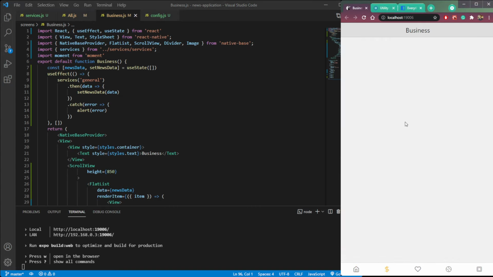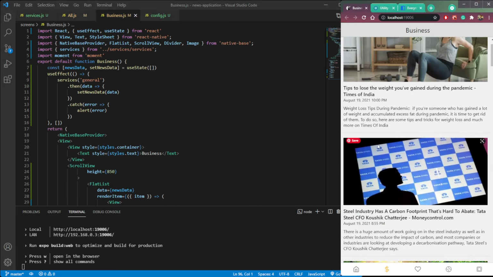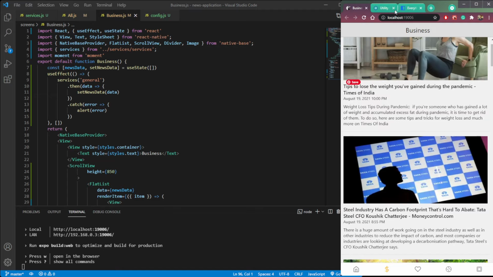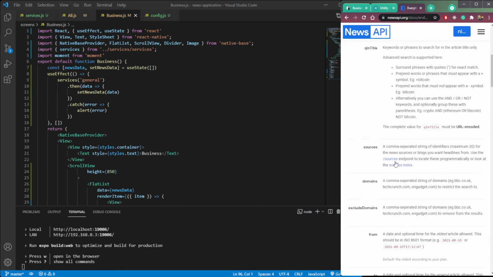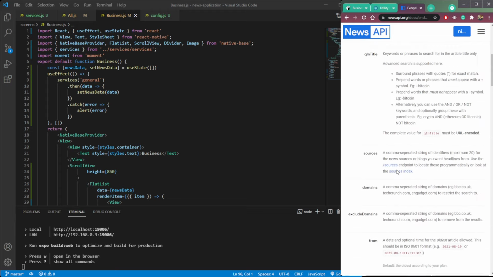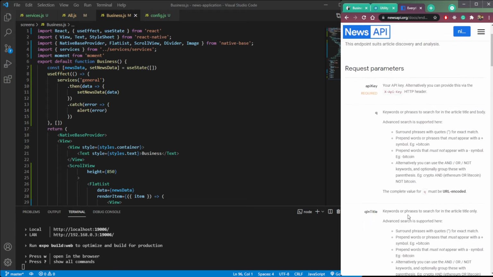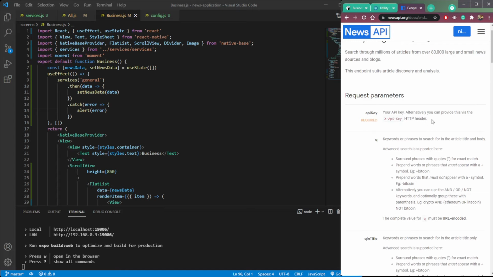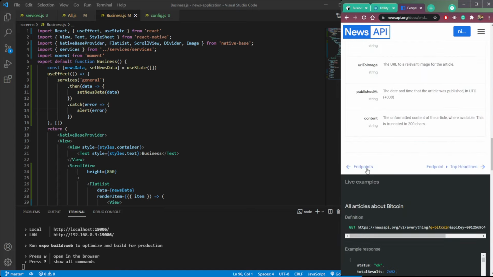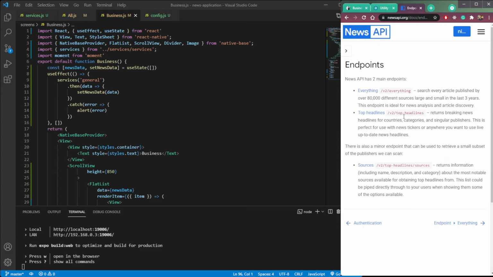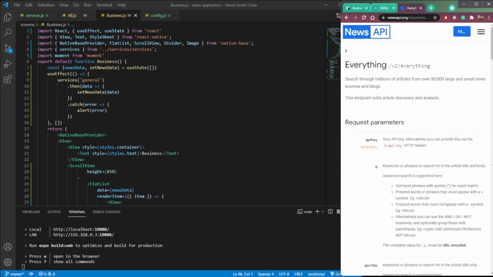So click business. We are getting all the news here too, but we need the business news. So we need to check the category here. To check the category, let's go back and check endpoints. So we don't have anything in endpoints. Go forward.